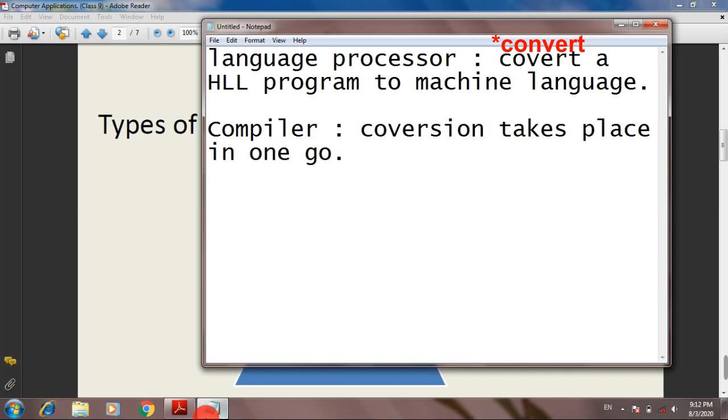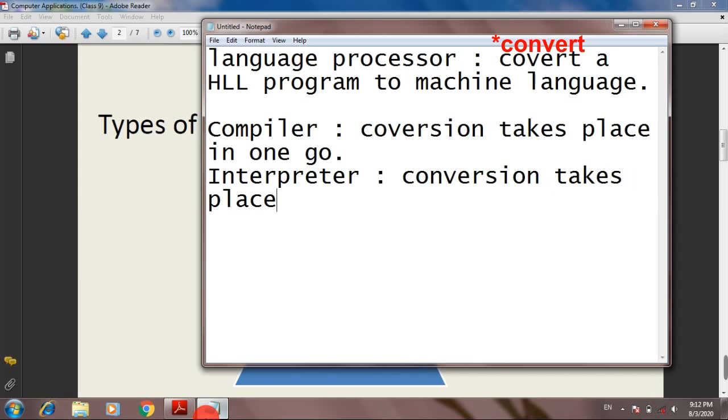The second one is interpreter. So interpreter also converts a program in high level language to machine language, but conversion here takes place line by line. It means if a program contains 20 lines of instruction, then it will convert first the first line, then second line, then third line, and so on.